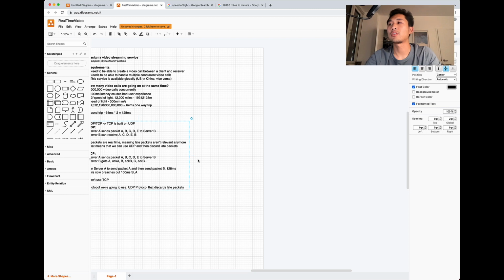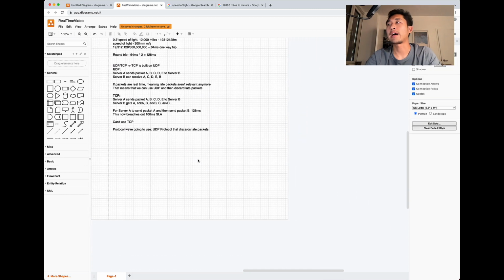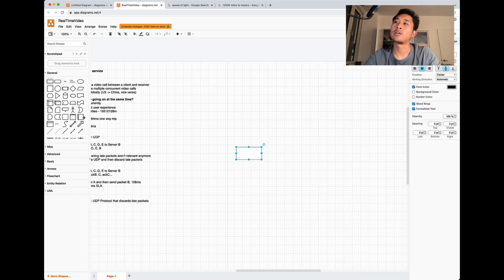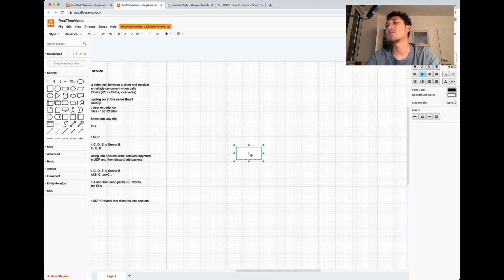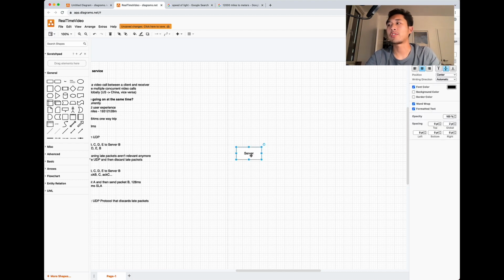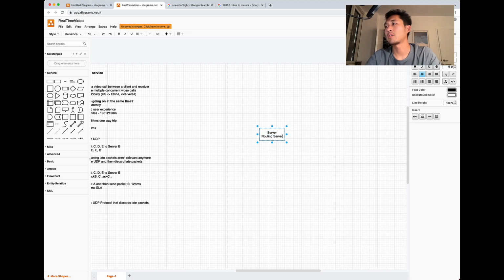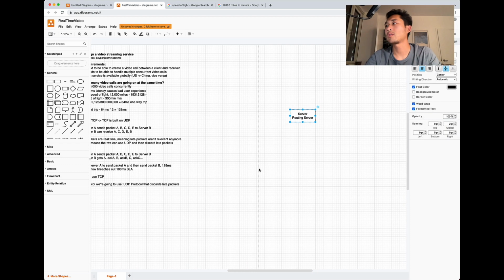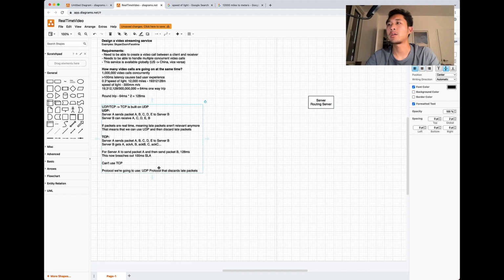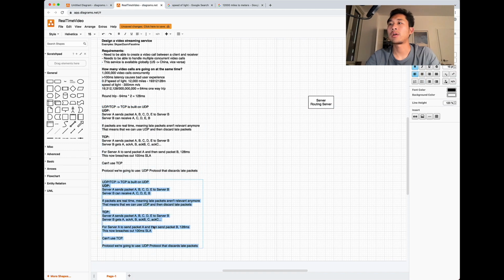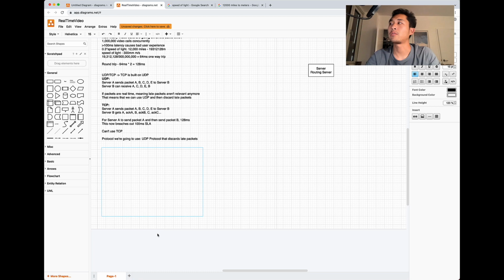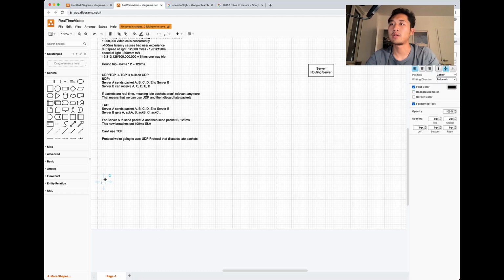Now let's get into the actual laying out of what is going to happen. So we know we need a server, which is sort of like the routing server. And I think we want WebSockets because REST would take way too long. REST is based on TCP.